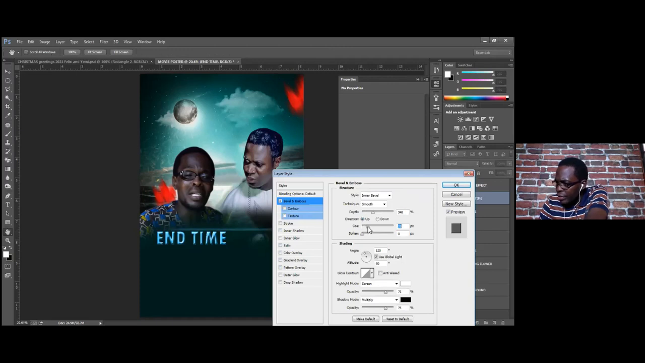The size of the emboss, you see? If it's too much, you just add a little, then you can soften and make it soft. If you now can play around it, outer bevel, you see the way it is? Inner bevel,